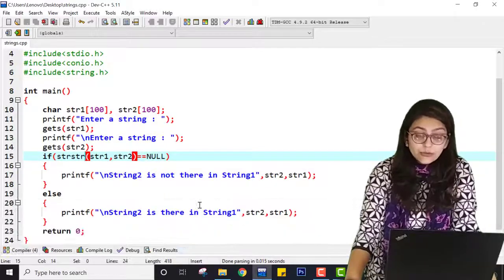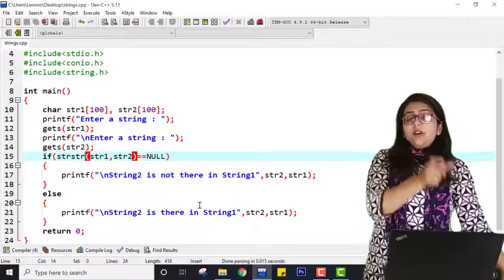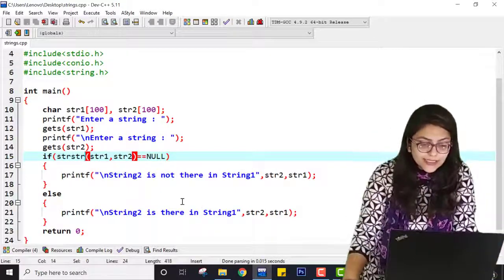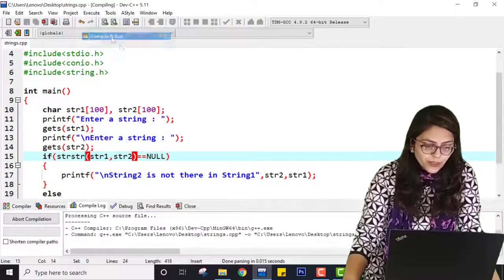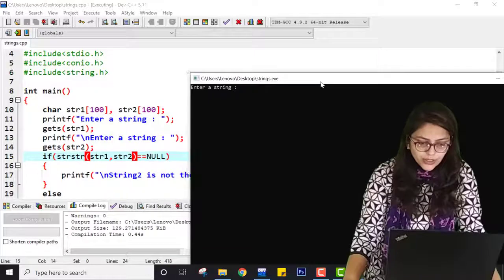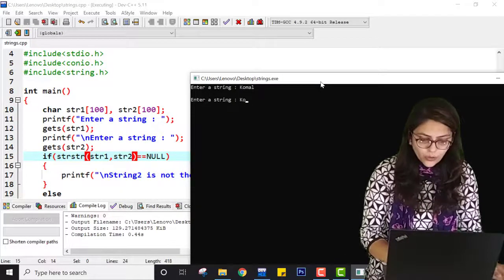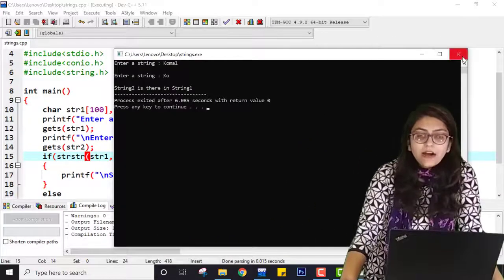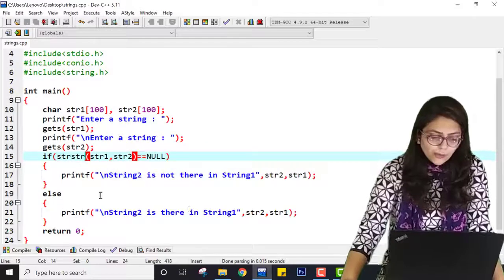So you can see it automatically knows that strchr should have one string and one character, and strstr should have two strings. That's why it was giving me an error. Now if I save this program, compile it and run it, I'm entering Komal and inside this KO. So string 2 is there in string 1 because I have written it in exact manner. So this is how you can perform a program.